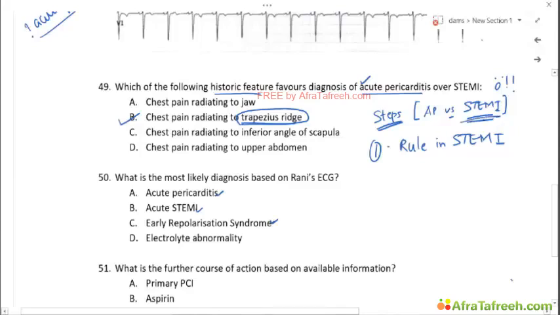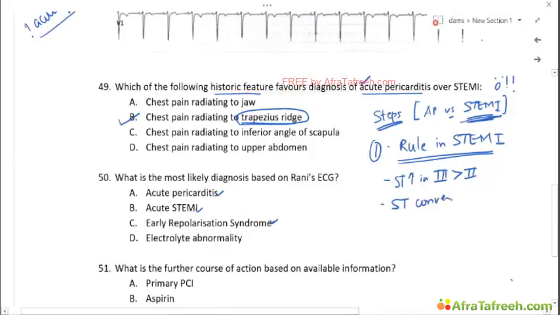We cannot afford to miss STEMIs, right? So the first step is to see whether we can rule in STEMI. If the ST elevation in lead 3 is more than lead 2, or if the ST elevation morphology is convex or straight up, okay, which means usually